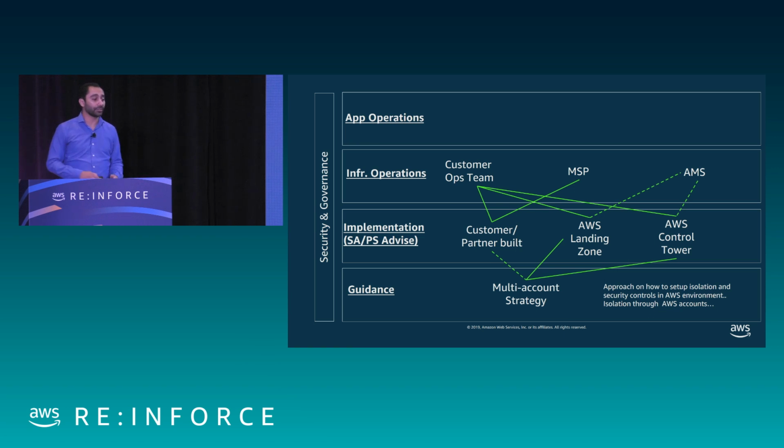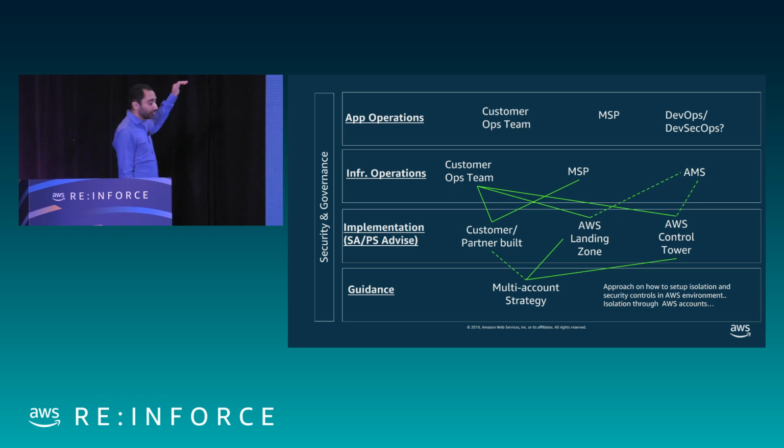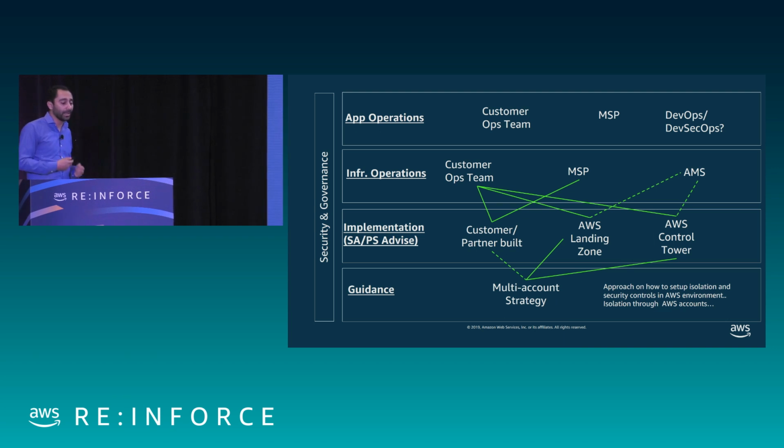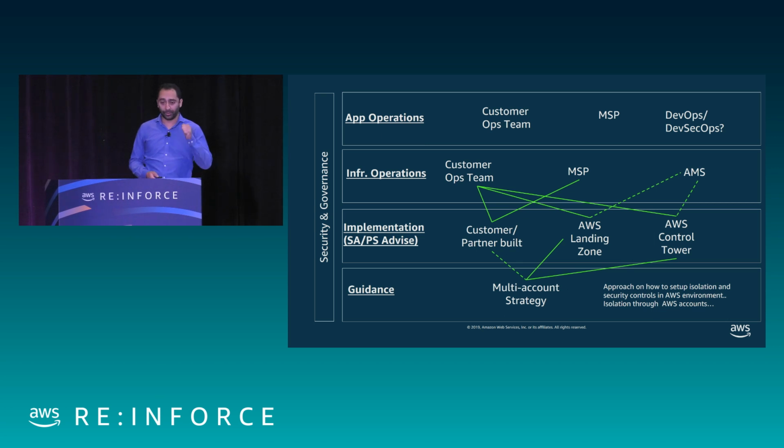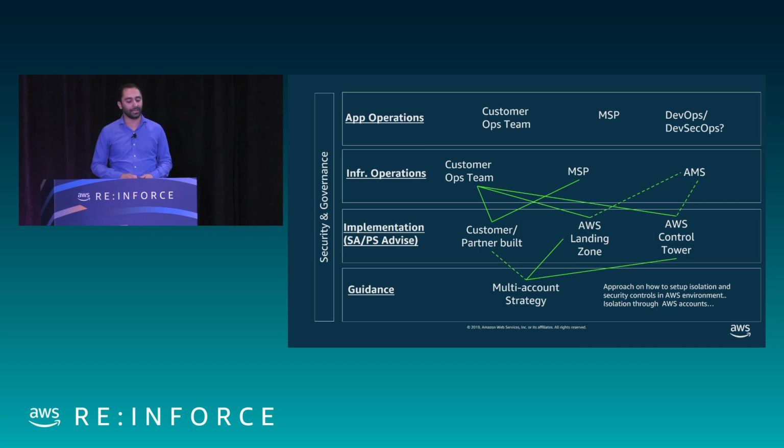Then, from an application operations perspective, I didn't draw the arrows because it would have been very full. If I've got my infrastructure taken care of, what about my application side? Again, that could be your operations team you have today, managed service provider, or, as many of you know, DevOps or DevSecOps to start thinking through this. And for many enterprises, going into DevOps is not what happens on day one. That takes a long time if you ever get there. But it starts to inspire some ideas. And if DevSecOps, what if every time somebody checks in a piece of code before they go to production, there's validation checks that the security team does in an automated manner to get things done?